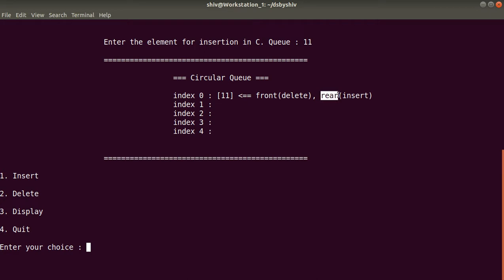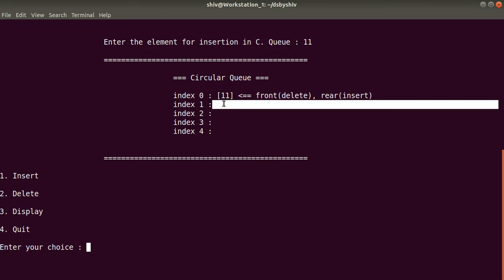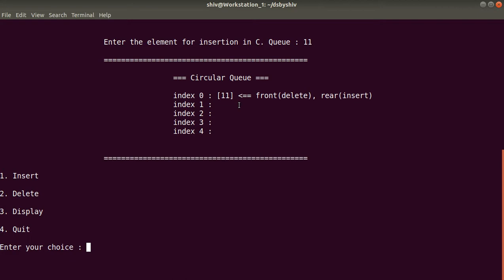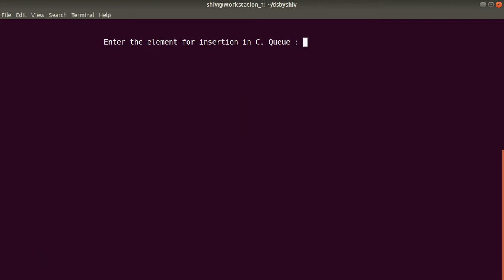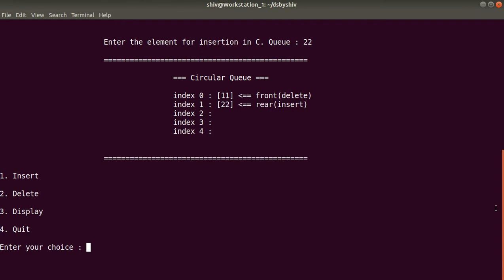It will become 1, meaning we add 1 to the 0th index value, so it becomes 1. So now at the first index the element will be inserted. I am going to insert another element, so I will enter 1. It will again ask, so I want to enter 22, press enter. Now you can see 22 has been inserted at index 2.